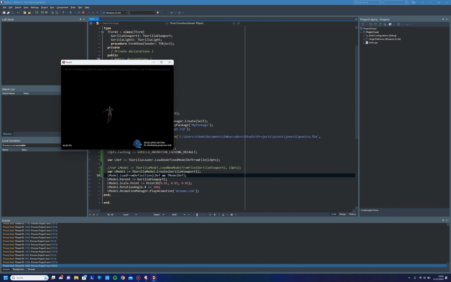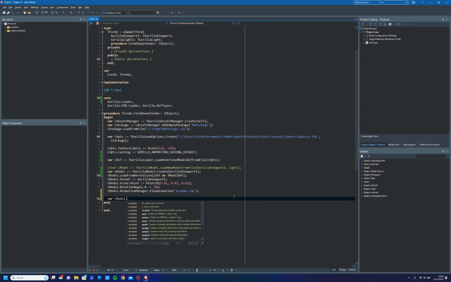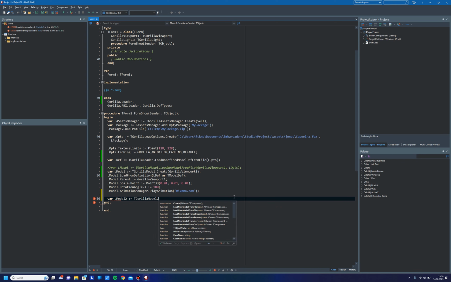Great. Looks like before, but now we are loading from the definition directly. And a great advantage is that we now can reuse the def by creating another model. So we're creating a second variable. Also put it on the form,